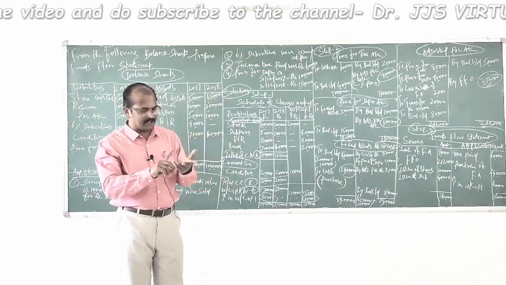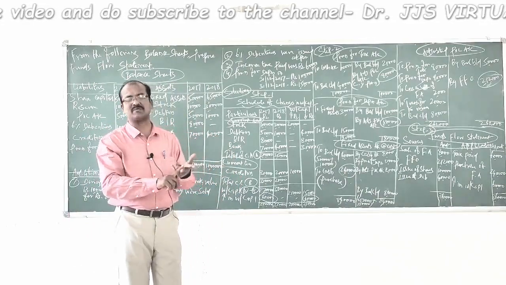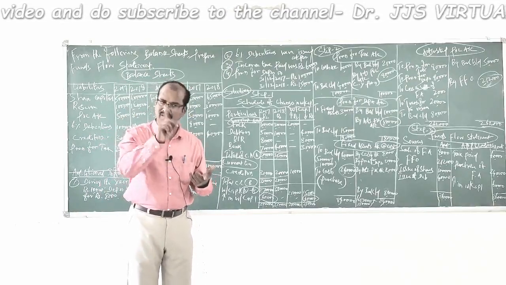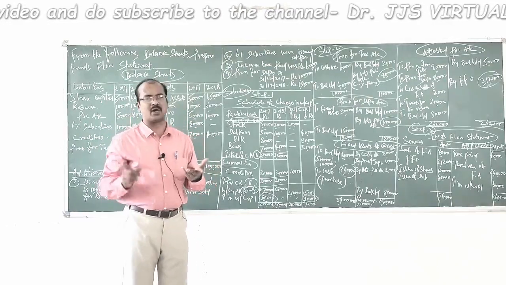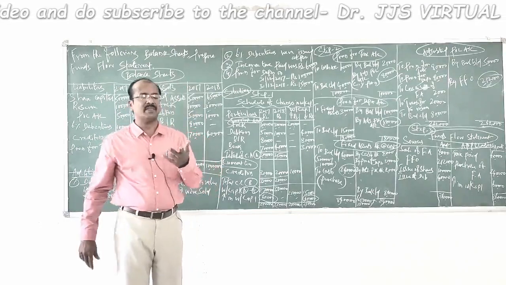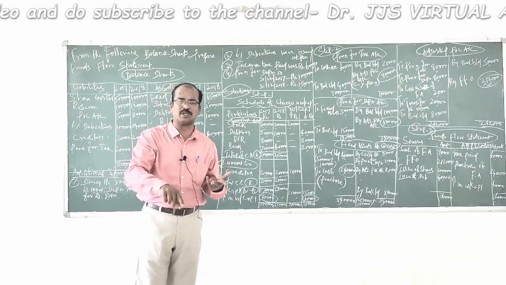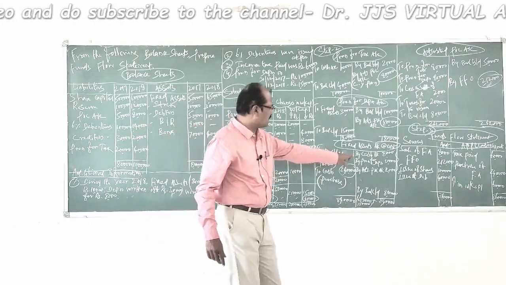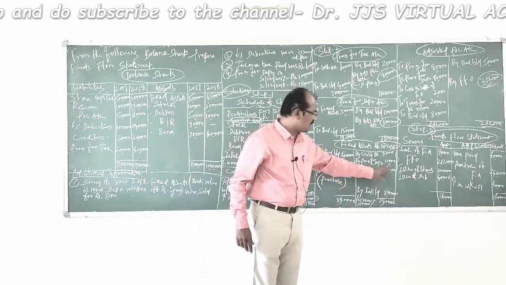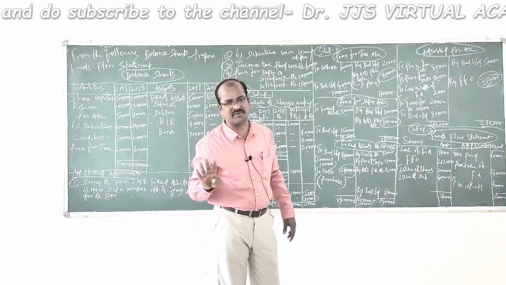Let us pass a journal entry for this particular transaction. Cash account debit 8,000 rupees. When we collect cash while selling a fixed asset, the cash comes in, therefore cash account debit 8,000. Provision for depreciation on the fixed asset has to be reversed. So provision for depreciation account debit 30,000. Then there is a loss of 2,000 rupees which has to be debited in the name of adjusted profit and loss account. So adjusted profit and loss account debit 2,000 to fixed asset account, and that's what is recorded here. By cash, by provision for depreciation, by adjusted profit and loss account. If you add these three figures, you come to know the total of 40,000, which is nothing but the cost value of the fixed asset sold.